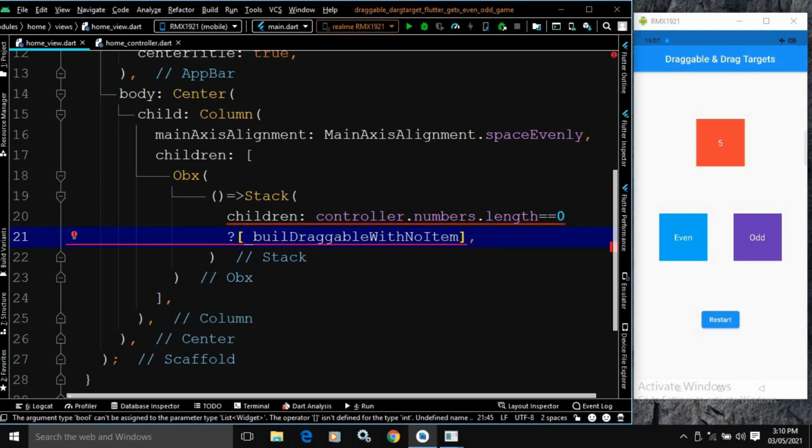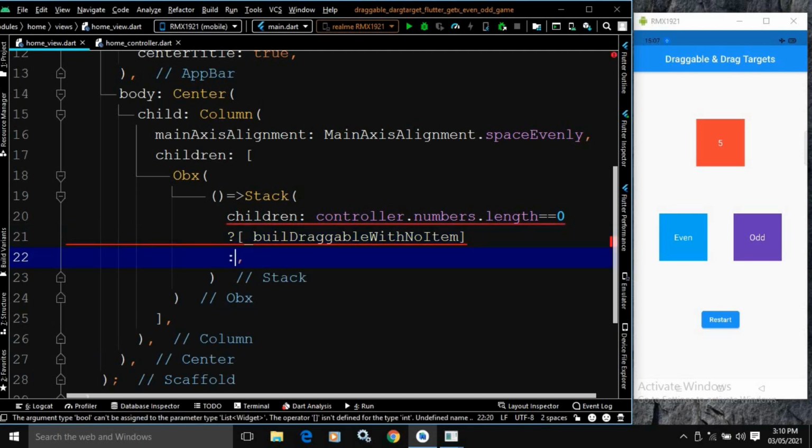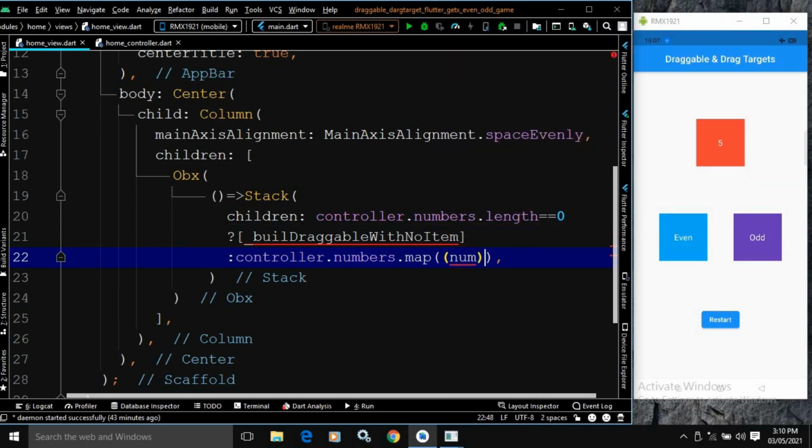Okay, and if the list contains elements, at that time what will happen? At that time here I will write controller.numbers.map. Now this will contain the numbers one by one, and it will be stored inside the num variable, and here I will use Draggable.